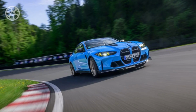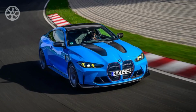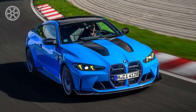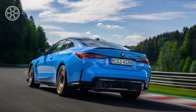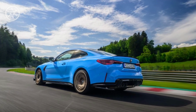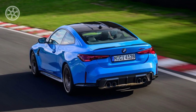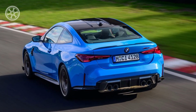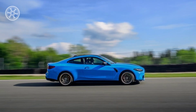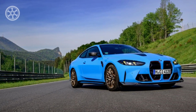Both models share the brand's iconic top-of-the-line twin-turbo 3.0-liter straight-six rated at an identical 543 horsepower and 479 pound-feet of torque. But thanks to its standard all-wheel drive, the M4 CS beats the no longer available rear-wheel drive M4 CSL to 60 mph. BMW quotes a 3.2-second time versus 3.6 for the CSL. But considering the mechanically similar M3 CS sedan did the deed in 2.7 seconds, we reckon BMW's estimates are rather